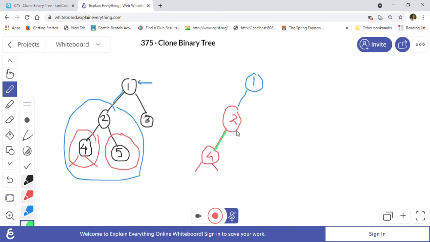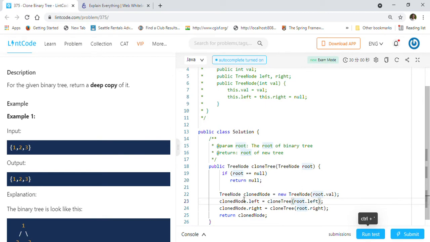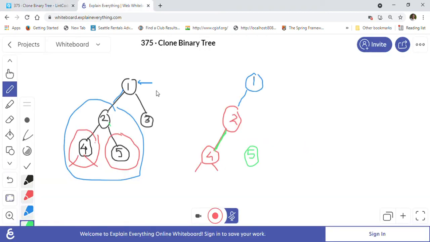Then the call will go on the right side. So we will create a clone copy of the right side like this 5. So we create a tree node here, 5. Then after that both children are null, so we don't have to do anything.